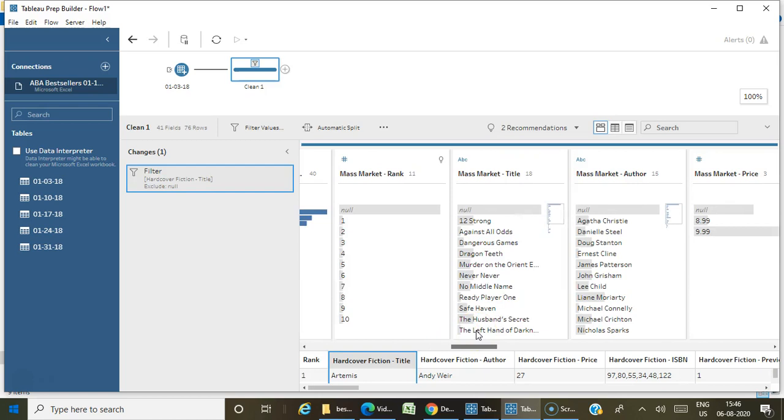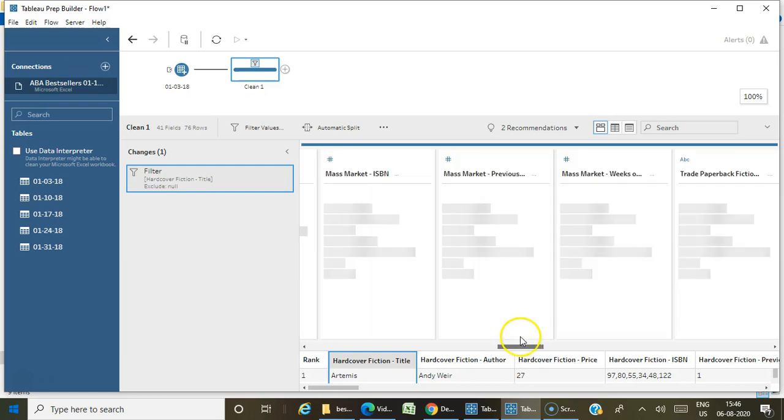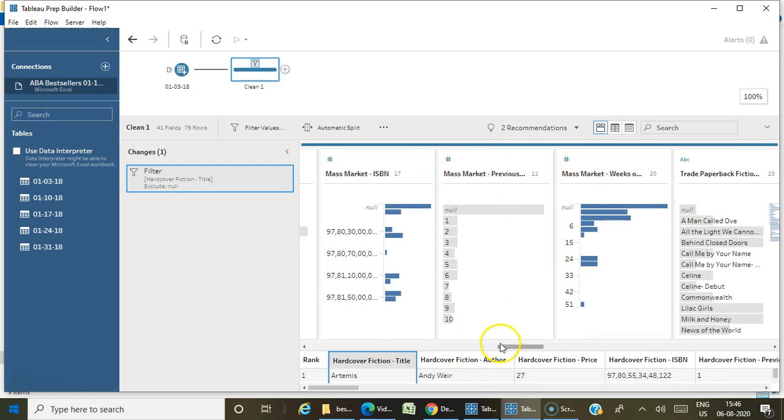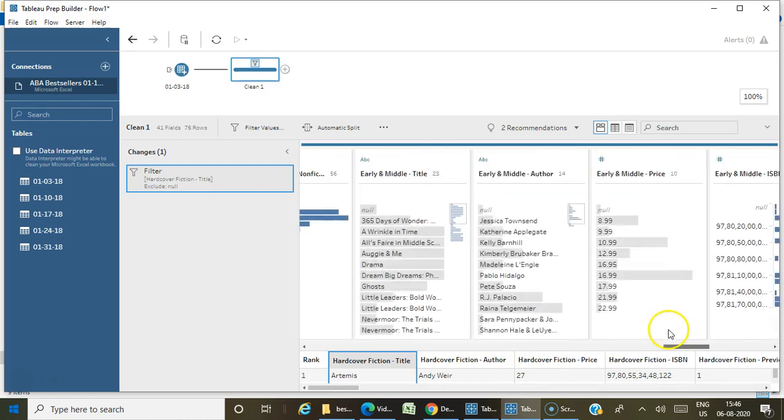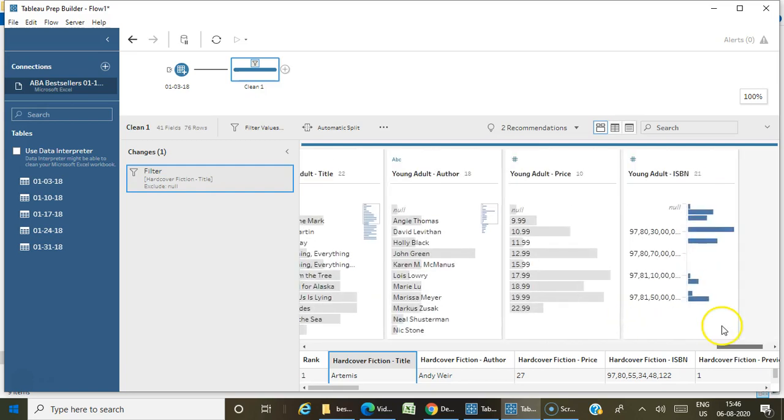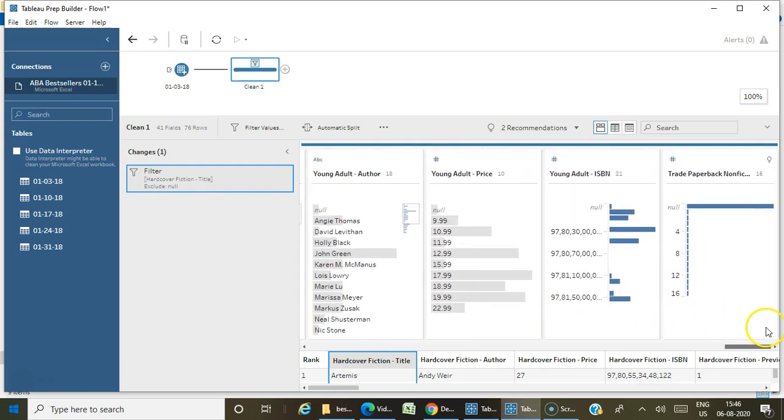If I want to change any data type, or clean up, or rename, all those things I can do. But here I just want to do a basic cleanup to remove the null values and combine these files.